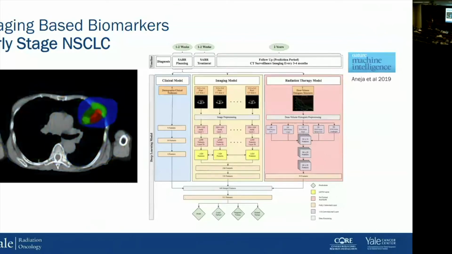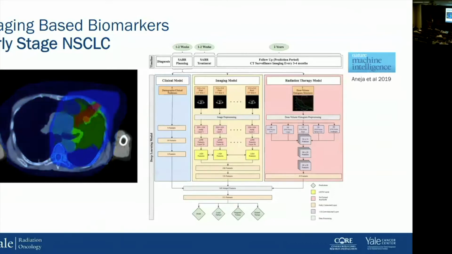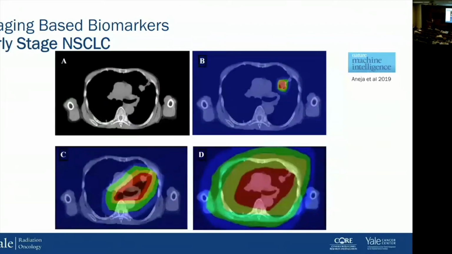So for example, if this model was highlighting this patient's arm or their spine, then we would know that we're just getting lucky that we were predicting correctly. But we can see when we're predicting local failure that as the network is learning, we actually are isolating the tumor. Now, the interesting part about this is, this panel is a little bit complicated, but I'll explain it. So this is the original image. This is our local failure prediction. When we're looking at regional failure, this is the final prediction.